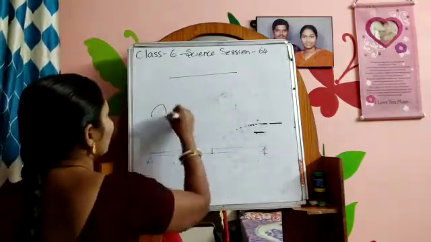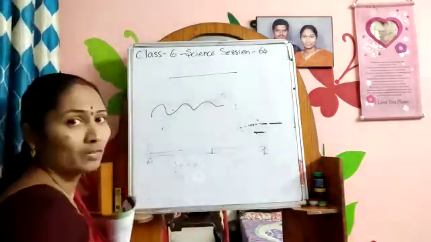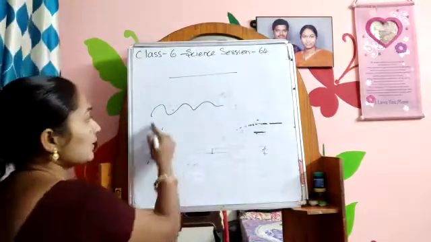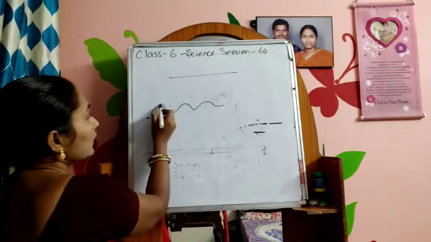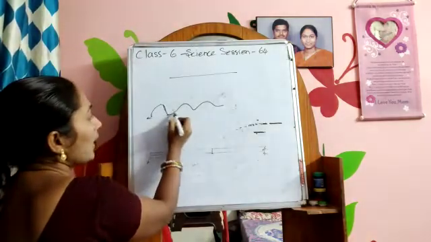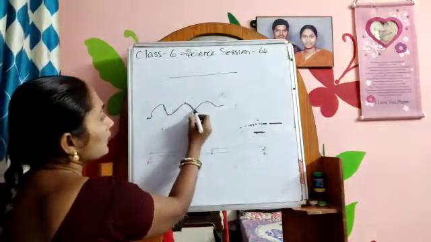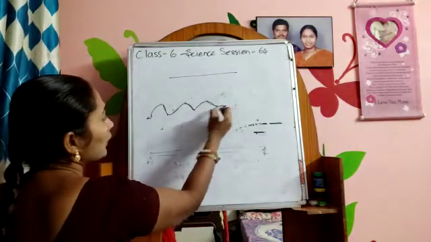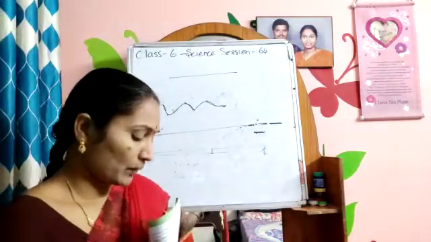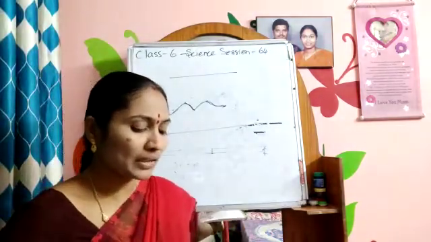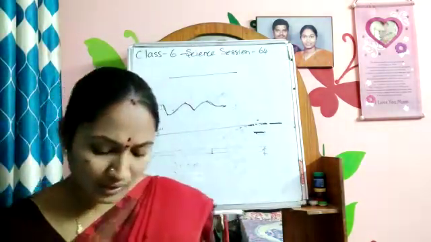Suppose it may be like this. Now we cannot keep the scale in this way. So again we have to take a thread here, tie it, and keep a pin here. Again put the thread, pin, thread, pin, thread, pin, and a pin here and here, then cut it off. Now remove the thread, keep it straight, and measure with a scale. In this way we have to measure the length of a curved part.